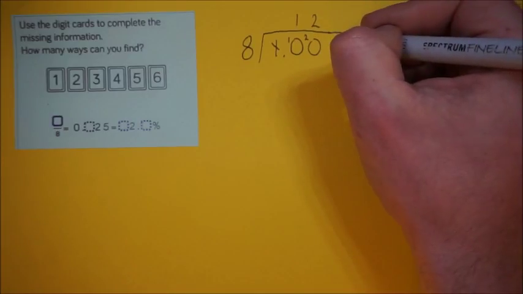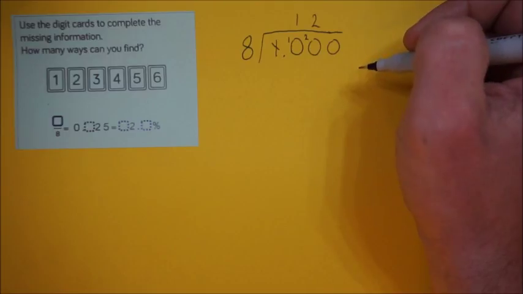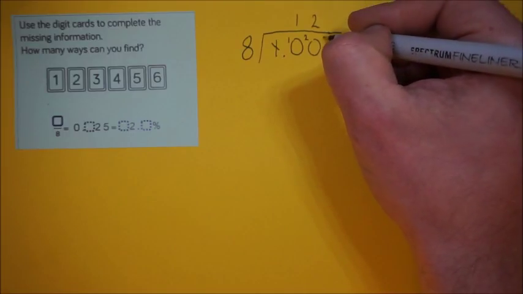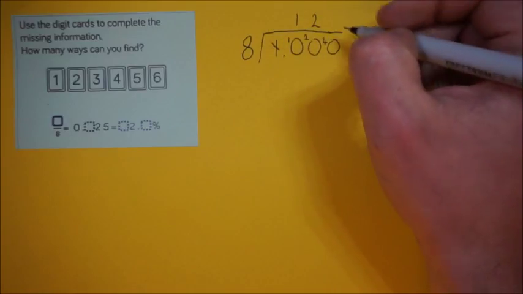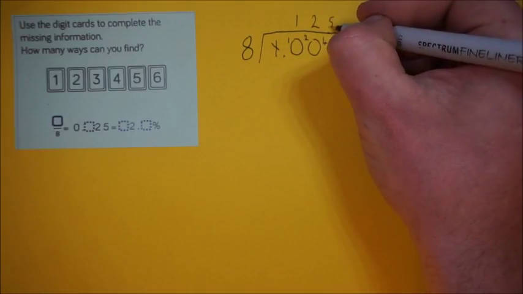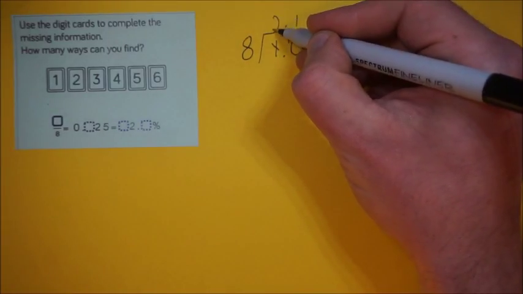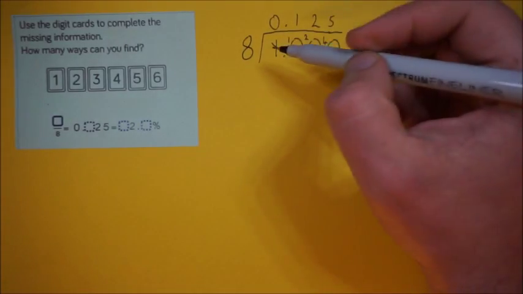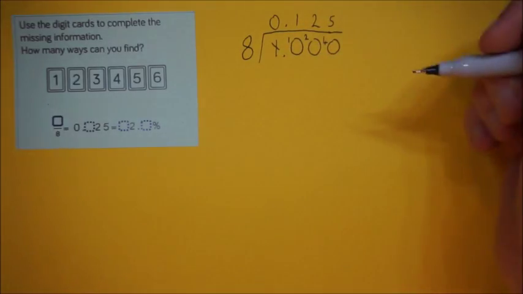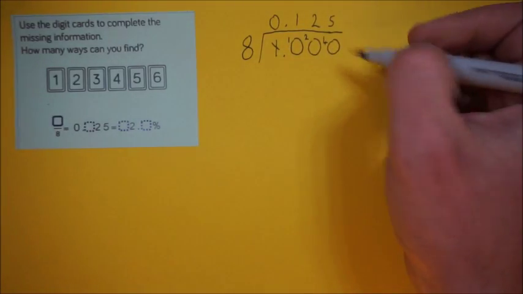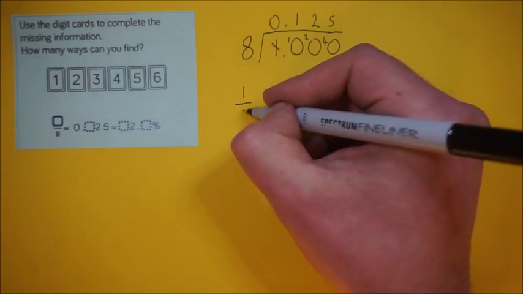So I'm going to have to make a third column, into the thousandths column, and I'm going to make 40 because I've carried 4 over. 8 into 40 goes 5 times exactly. Don't forget my decimal point, and I've got to put my 0 in there. So I know that if I divide 1 by 8 to find a decimal eighth, that is going to be 0.125. So I just proved that 1/8